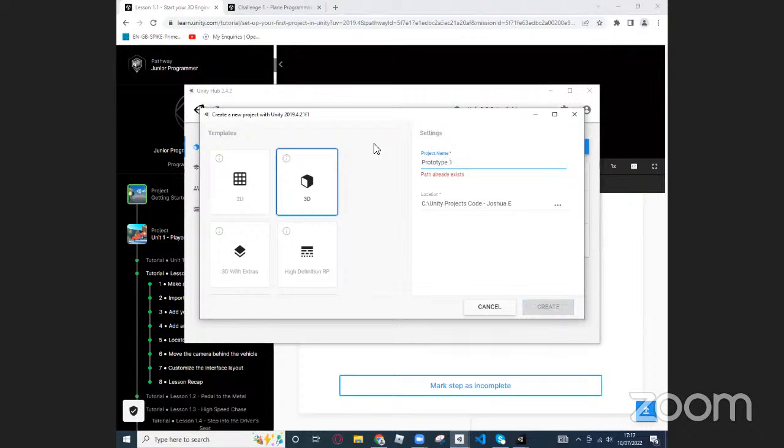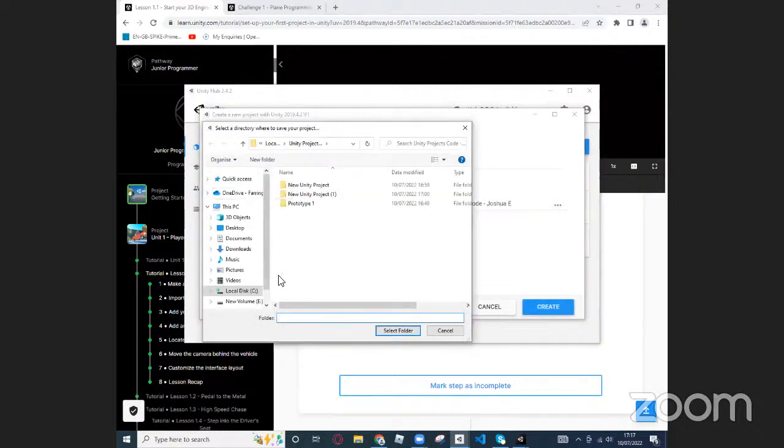Except I've already named one of the projects that. So in my case, I'm just going to put 2. Or just A. Then I would make it so that the location would go to